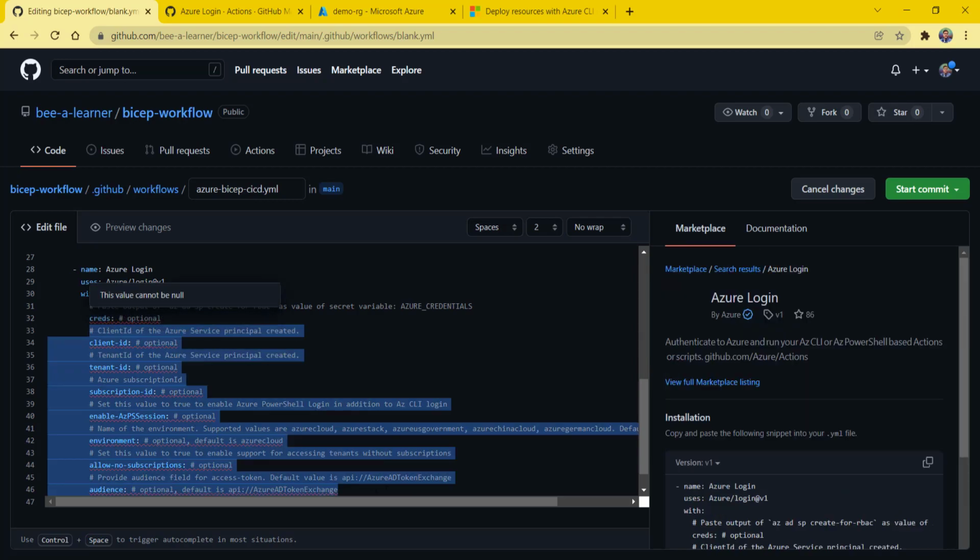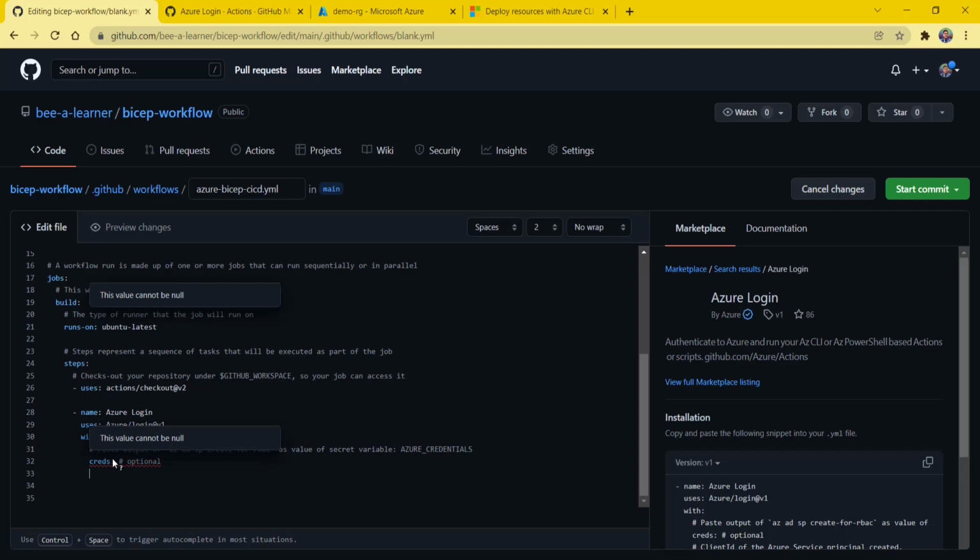I'm not going to use all the parameters because I know that we need to use the credentials. Basically, the credentials use the output of your RBAC command, or the service principal output, which we might have in our subscription. So if you have any RBAC which has been created, that particular RBAC output, you can